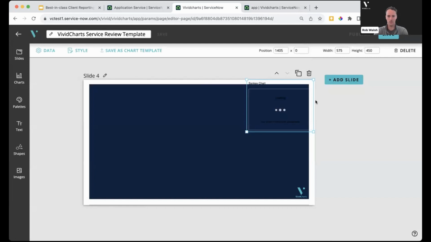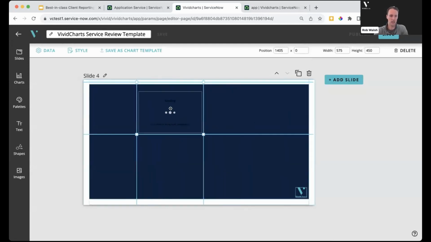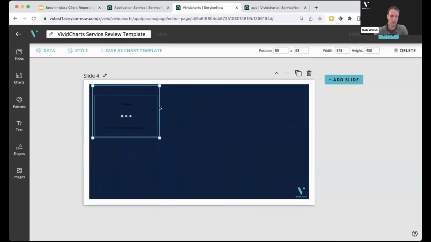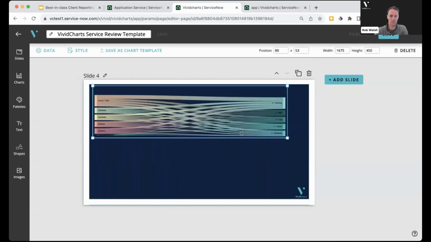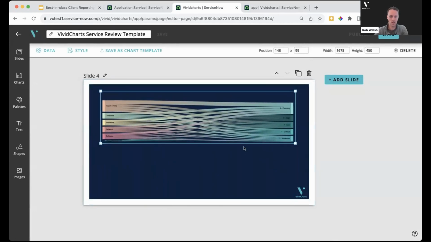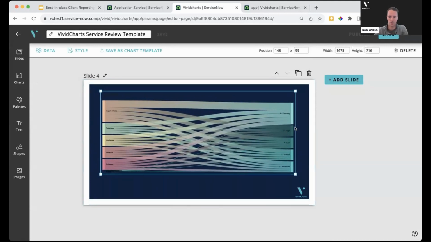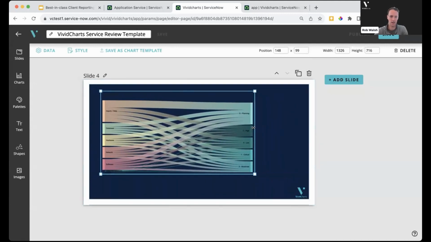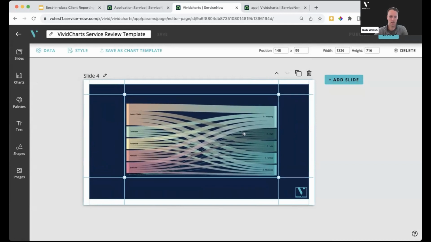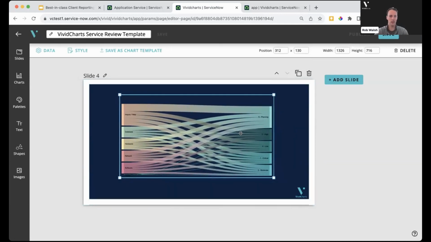So once we click save, you'll see our chart is loading the data here. And I can just go ahead and start to position it on the screen. And there's our Sankey chart. And as we just kind of work with the size, you'll see the editor makes things really nice and easy to place where we want it on the slide. And now that we have it built and configured from a data perspective, we can start to look at the